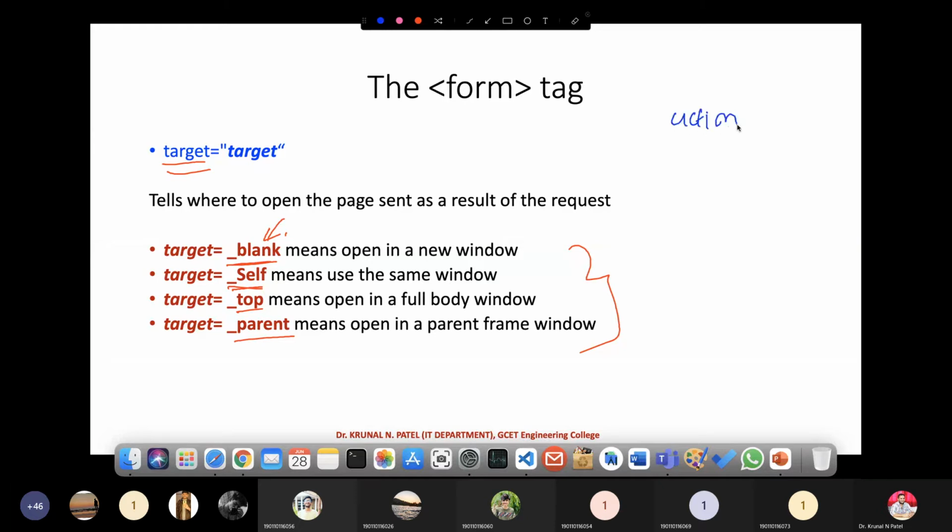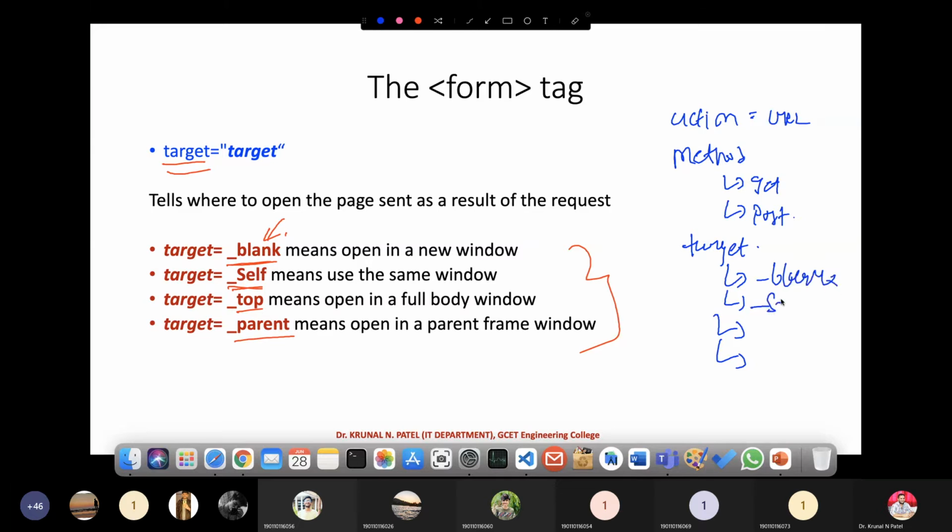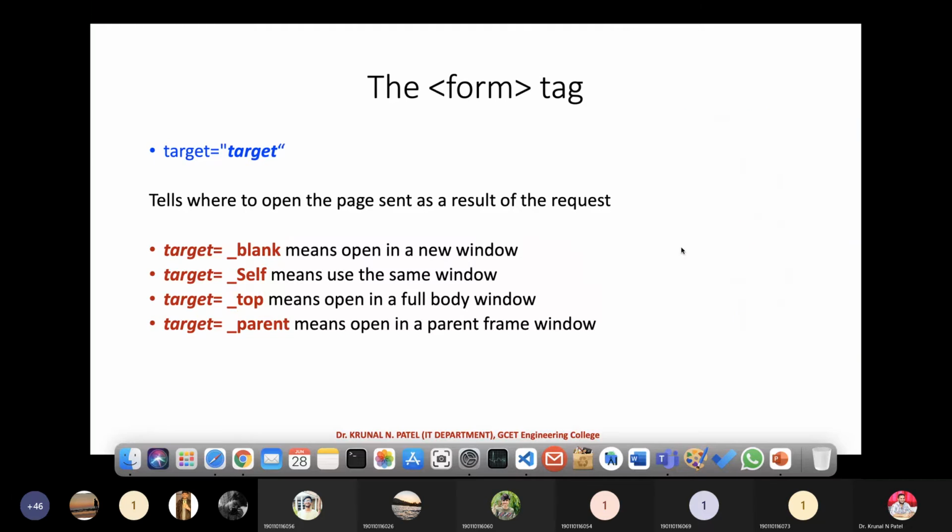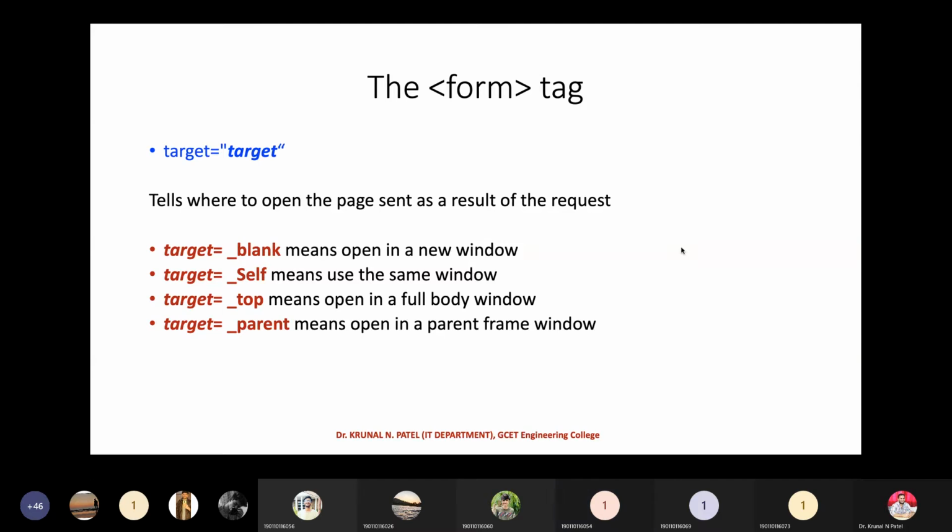So three attributes you have to remember, guys. One is the action, the other one is the method. Action equals a URL, method equals GET or POST, either one. And the third one is the target. Target has four possible values. Among them we have _blank and _self. _self is the default one, so you should only define _blank. So the form contains these three important attributes. These must be there whenever you are defining a form tag. Are we clear with this, guys? Okay. Yes, sir. Okay, good.